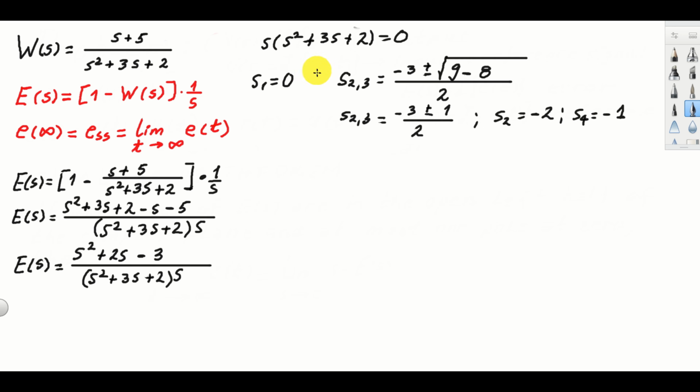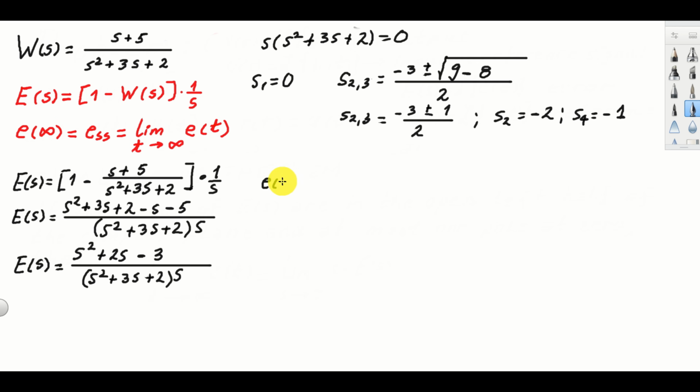We can see that these two poles are strictly in the left half of the complex plane, and we have an additional pole at 0, which is a pole of multiplicity 1. That is, it is only a single pole at 0, and consequently the conditions for applying the final value theorem are satisfied, so we can write